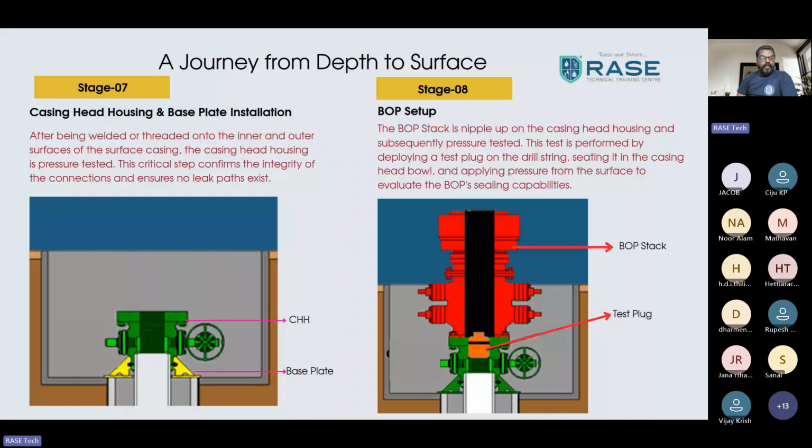After cutoff, after being welded or threaded into the liner and outer surface for the surface casing, the casing head housing is pressure tested and critical. See, once you cut off